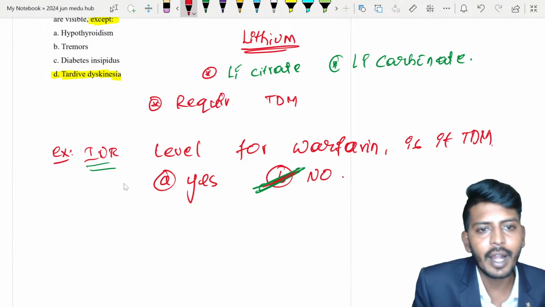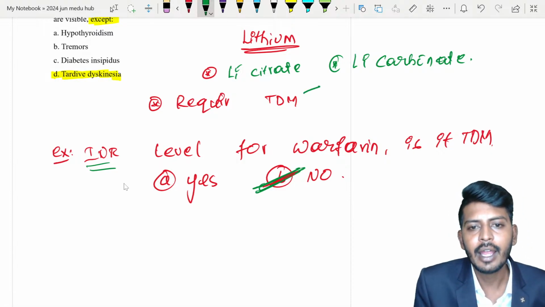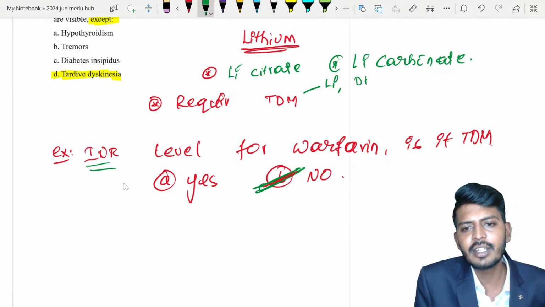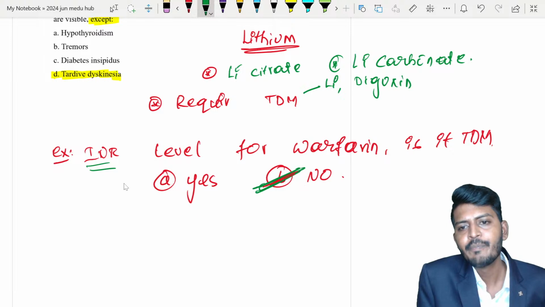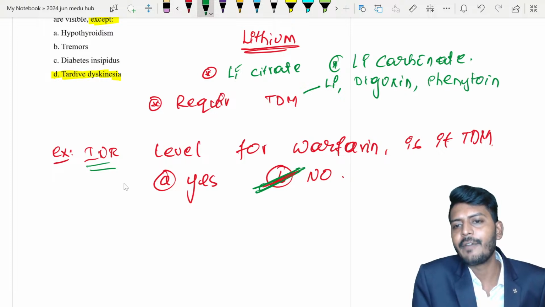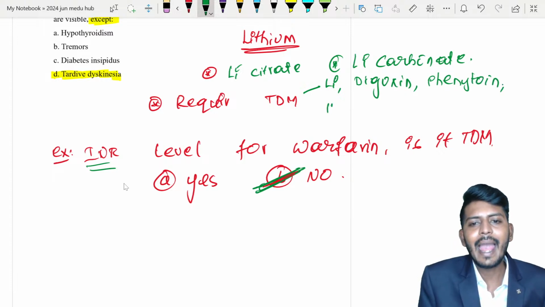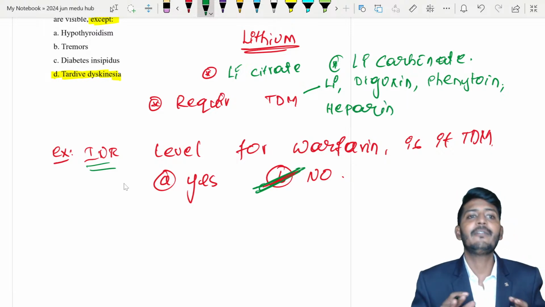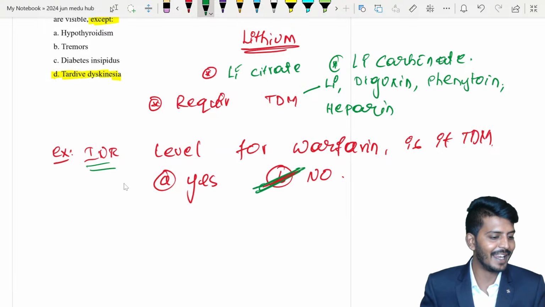Don't make mistakes. So the drugs which require TDM are lithium, then digoxin, yes, therapeutic drug monitoring, they will also require, then phenytoin, then heparin, not low molecular weight heparin, the unfractionated heparin. Okay,